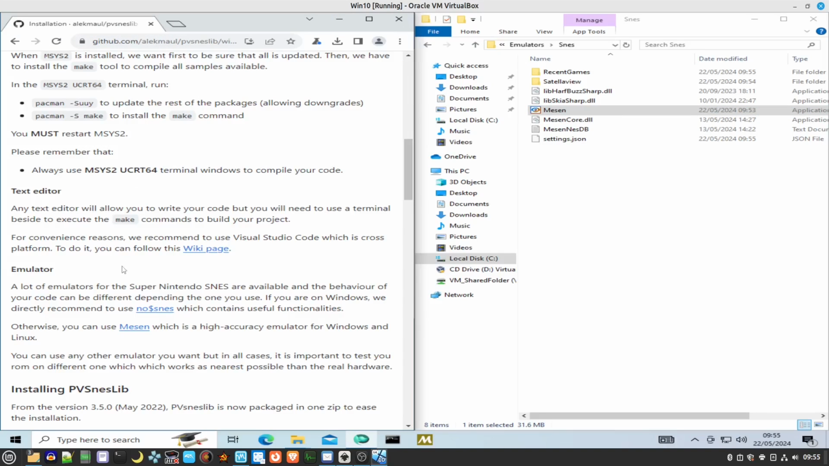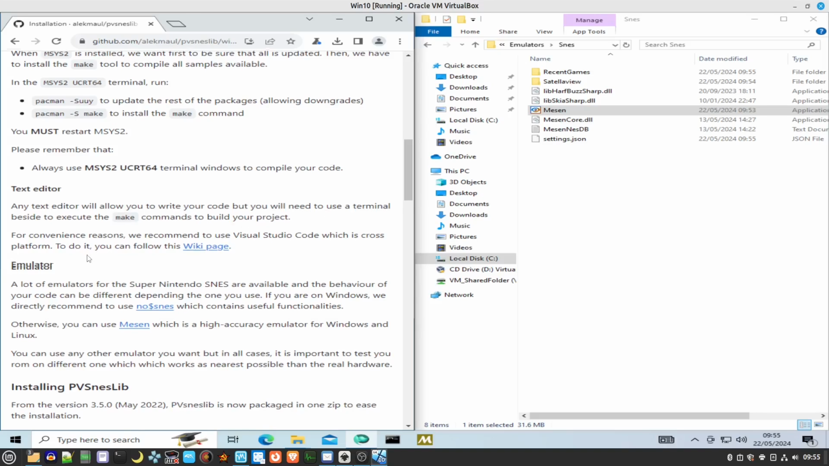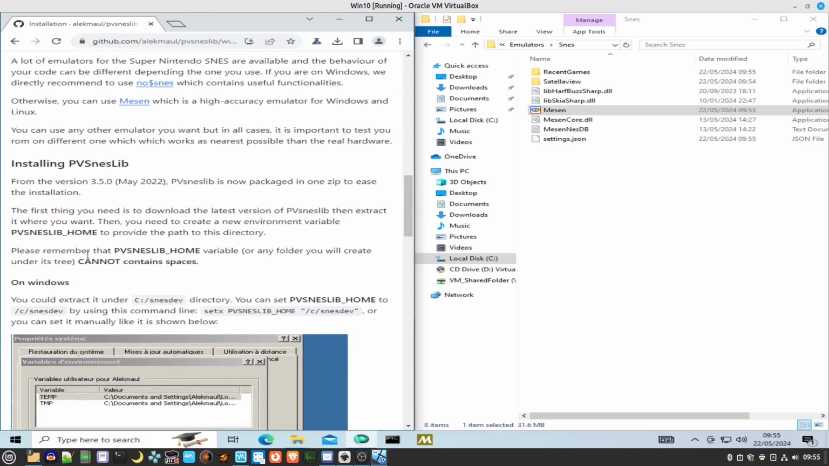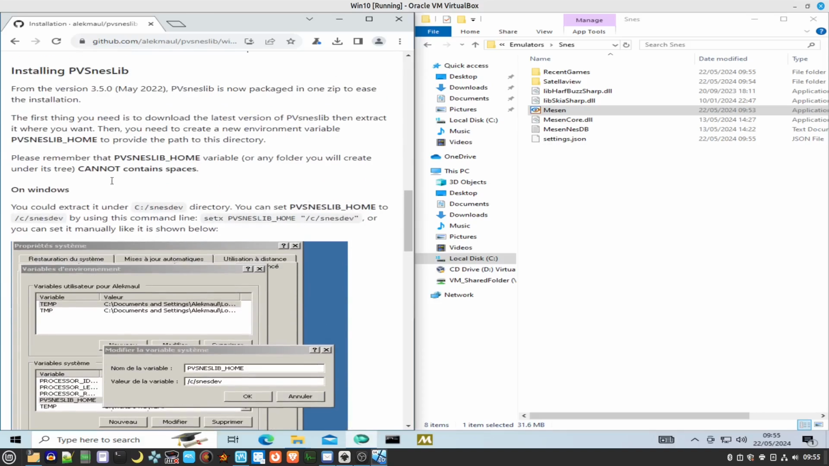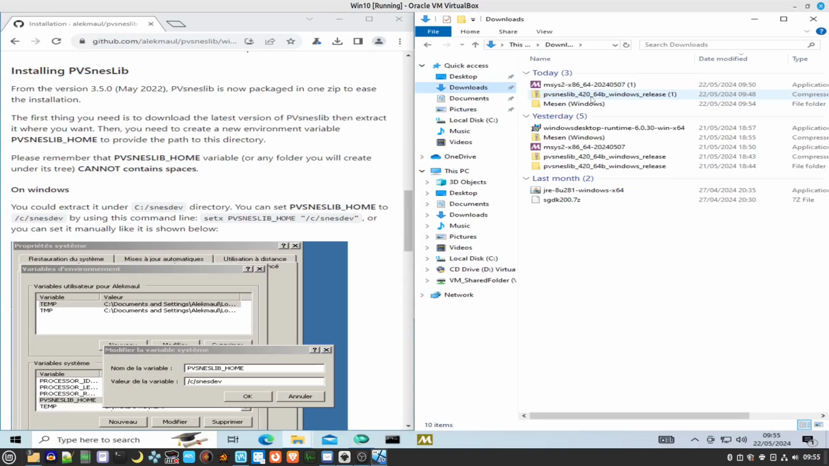Back to our PVSneslib tutorial bit here, so we've got our emulator. So if you scroll down now, it will say we need to set up our environment path. So first head back to your downloads folder and then unzip PVSneslib, and then if you go into that folder,